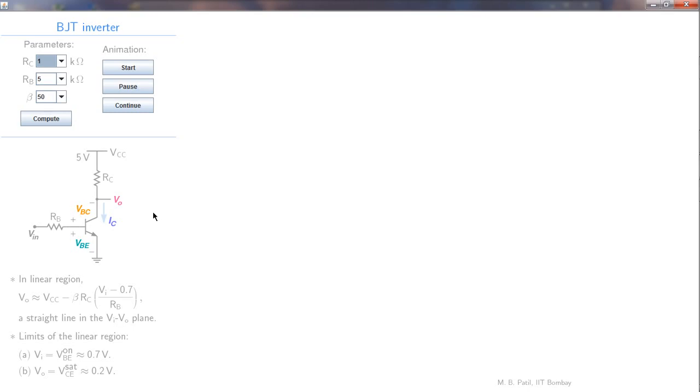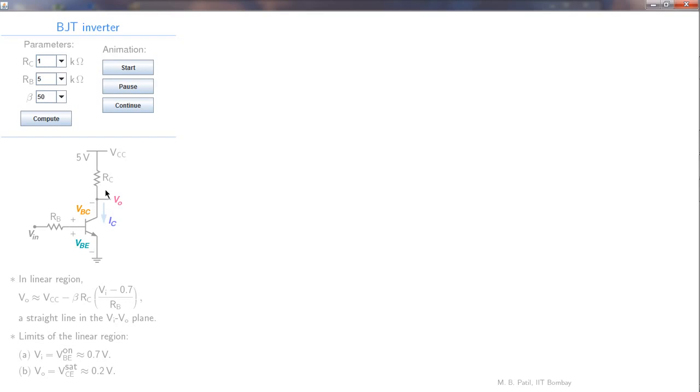Let's look at the same circuit in some more detail. Here are the choices for RC: 0.5K or 1K or 2K. For RB: 1K or 5K or 10K. And beta can be 50 or 100 or 200. And if the transistor is in the linear region, VO is then given by VCC minus IC RC, and